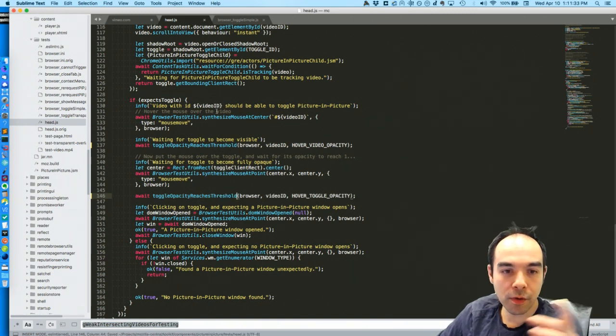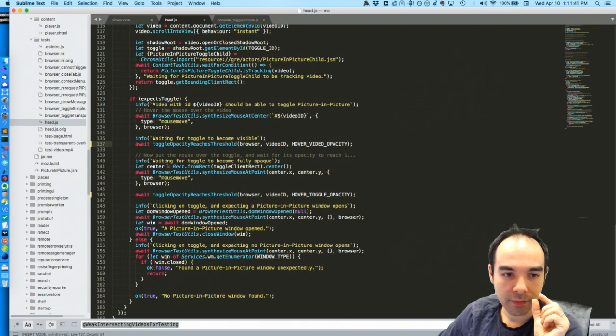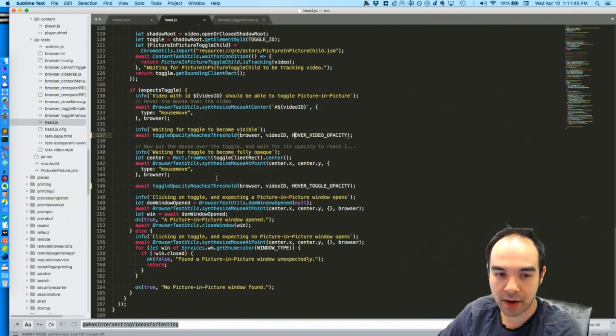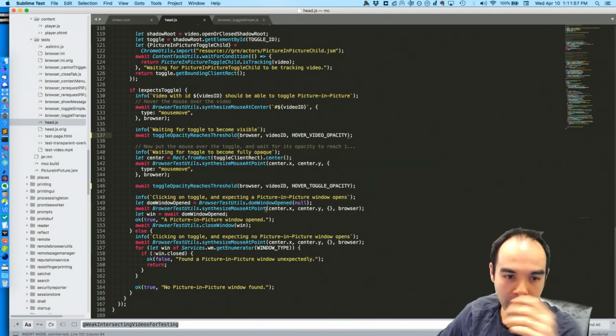So what I do is I move the mouse over the video and then I wait for the toggle opacity to reach a certain threshold, and once it's done that, then I calculate the center of the toggle and I move the mouse to there, and I wait until the toggle reaches its full opacity, and then I click on that point, the X and the Y of the center, and I wait for the Picture-in-Picture window